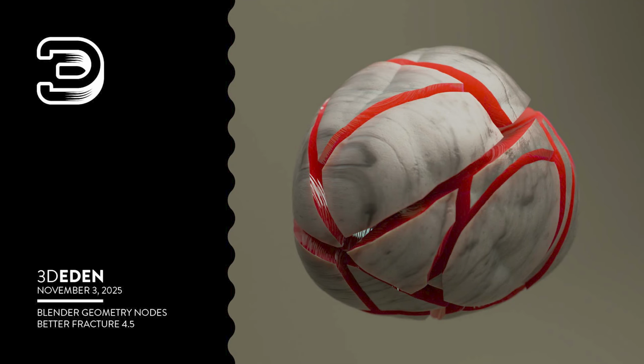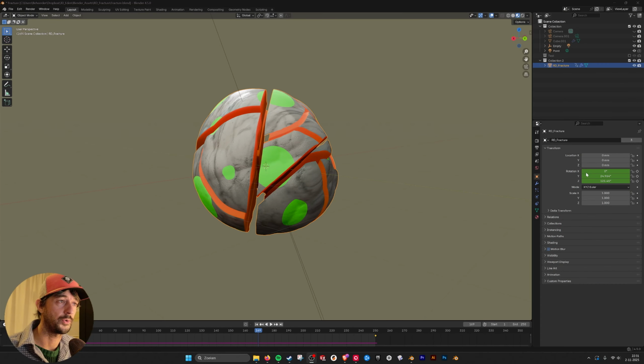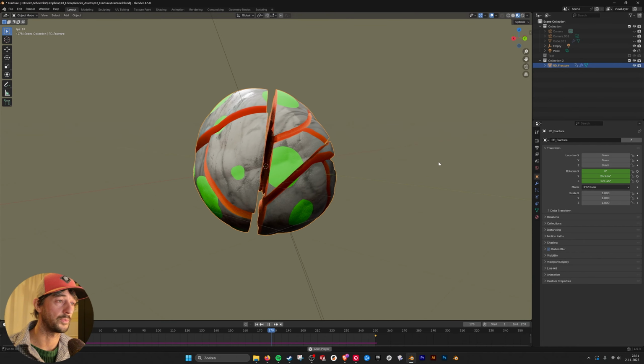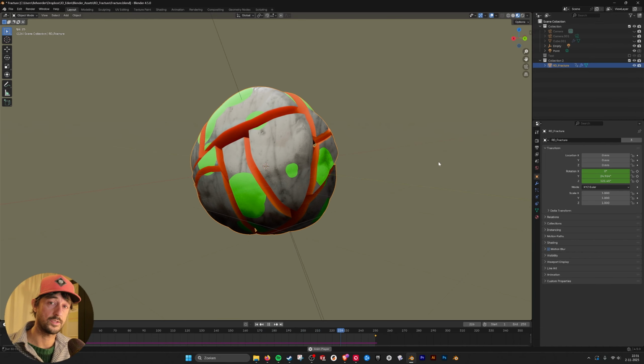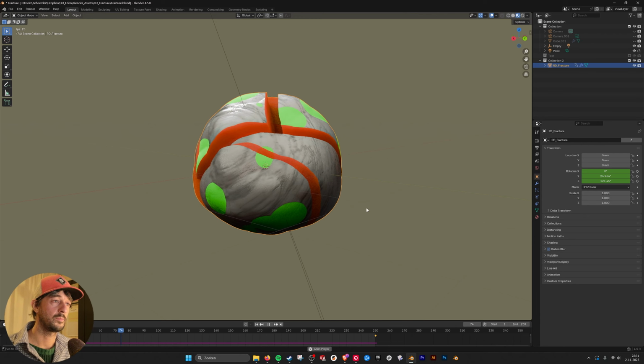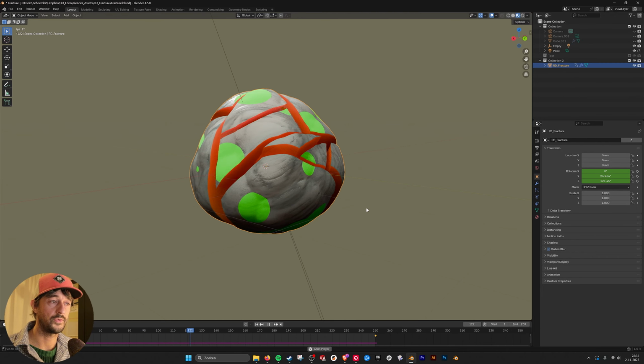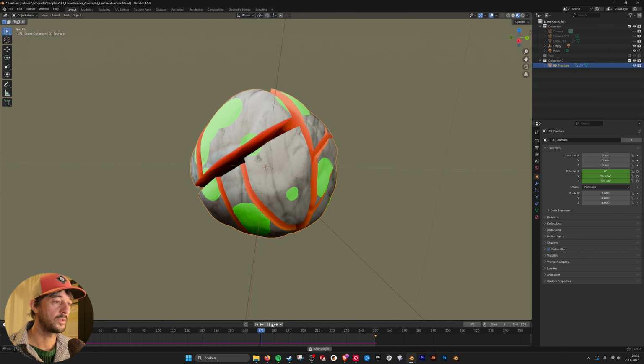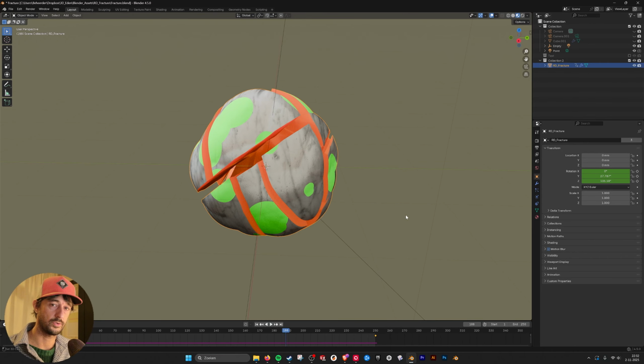Hey, hello there. In this video I'm going to show you how to build this fracture tool. I made an animation and I posted it on Reddit, and this one is based on a tutorial that Default Cube did, but I added a few features that I needed, because what I saw in his tutorial that he